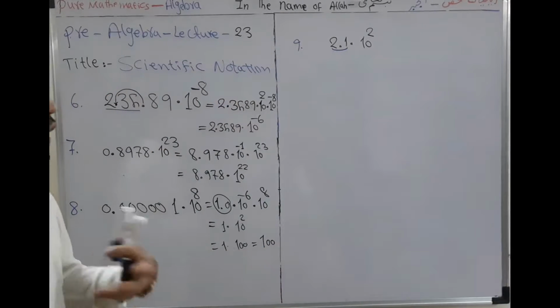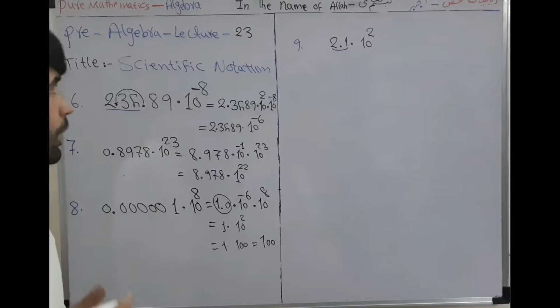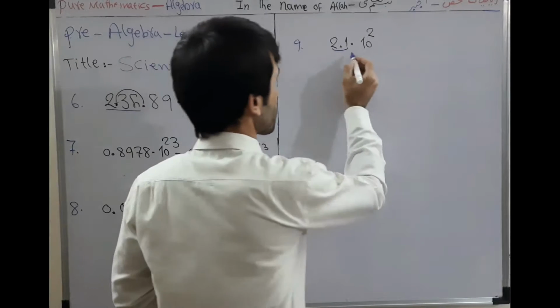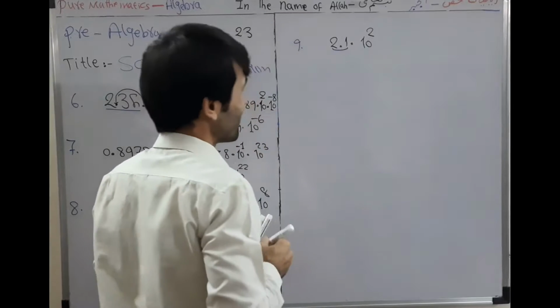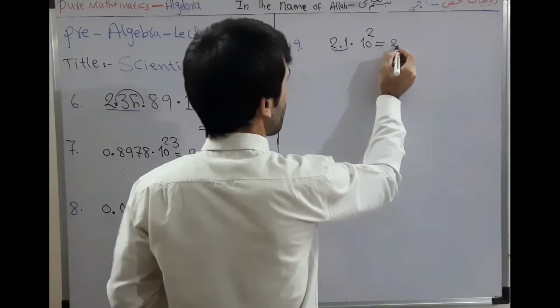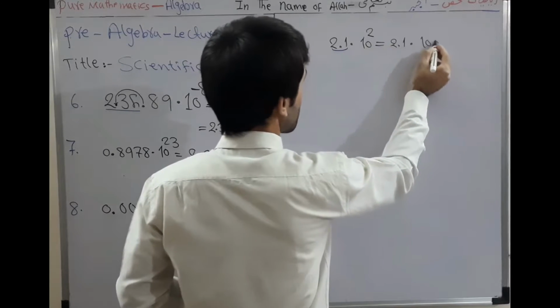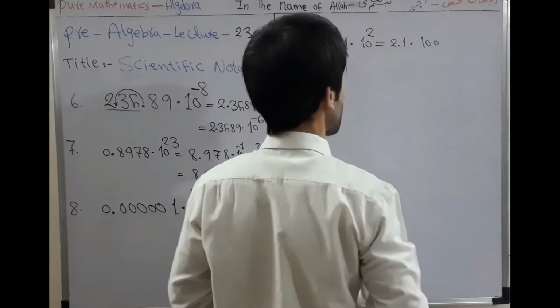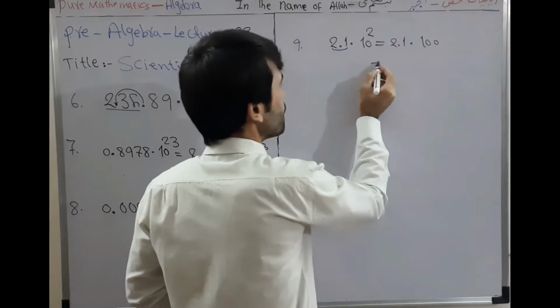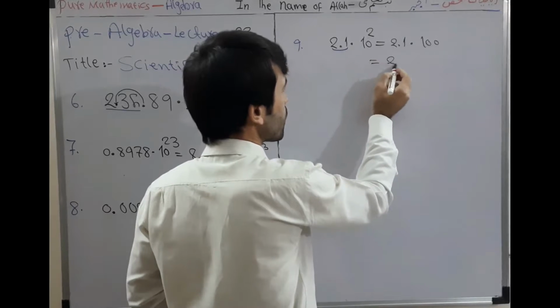Now we want to change it to the first form. It is equal to 2.1 multiplied by, we can write 100, because 10 to the power 2 is equal to 100. If we multiply 2.1 by 100, it is equal to